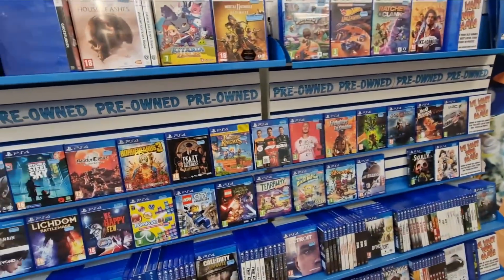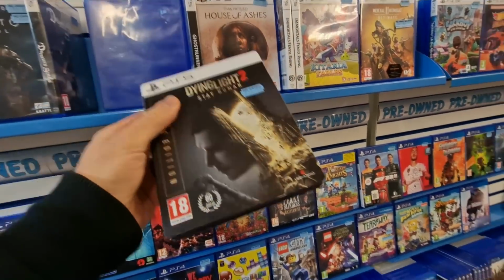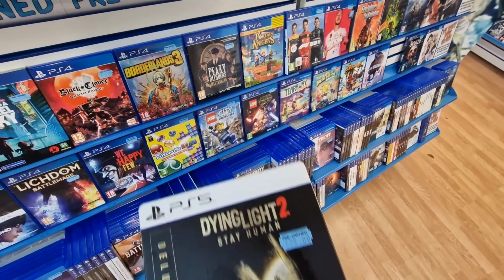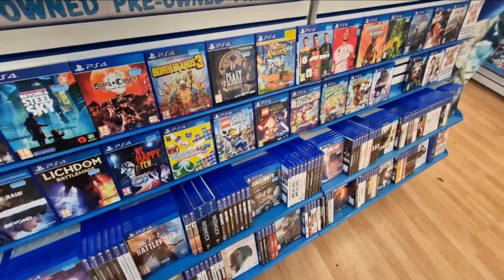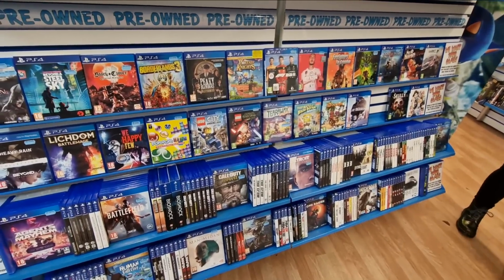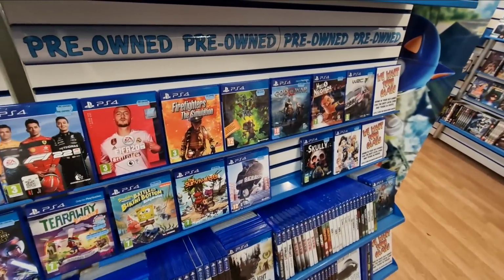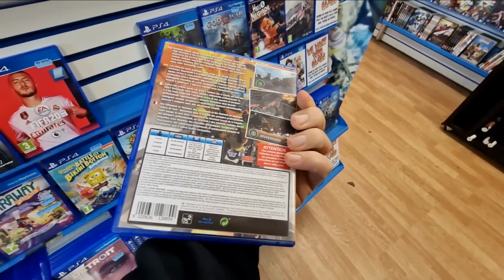The PlayStation 4 section, there was a game there, and I forget, what was it? Was it Dying Light 2? I think it was Dying Light 2. And I think it was PS5, and I think it was a Steelbook, and it was £28. And then the PlayStation 4 version was 30 something, and it was just the standard edition. I couldn't quite work out why the PS4 version was more expensive than the PS5. I know that is the case for some things, but I really didn't know why it was like that on a relatively new release. I really wanted that Steelbook, and I would like to say that I bought it,